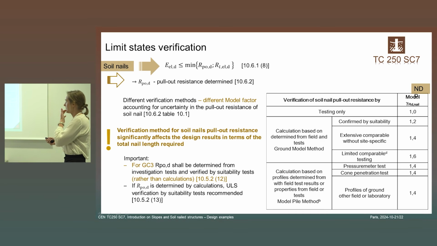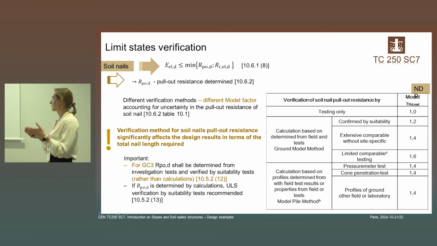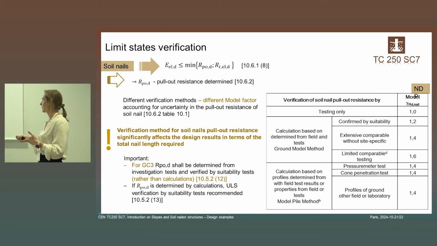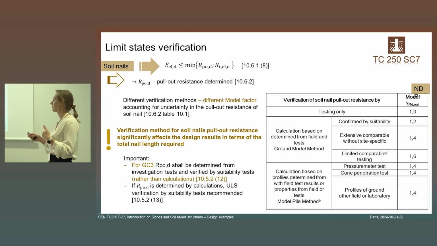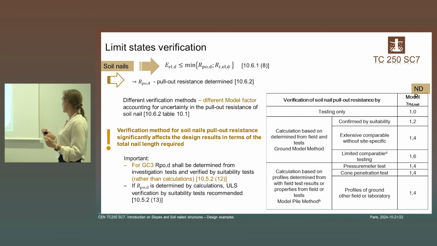But what we should remember, these different verification methods are connected with different model factors, which account for uncertainties of the used method, and their value ranges from 1 to 1.6, and also